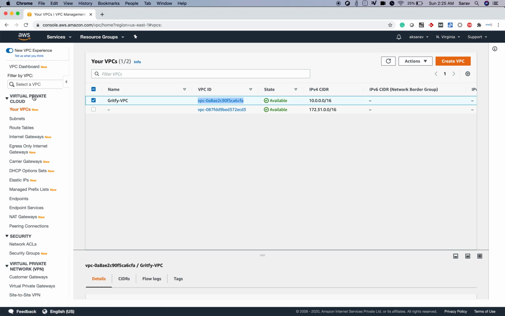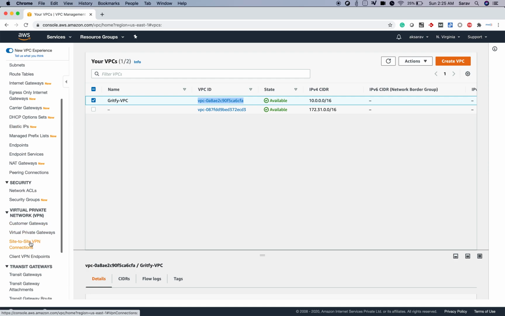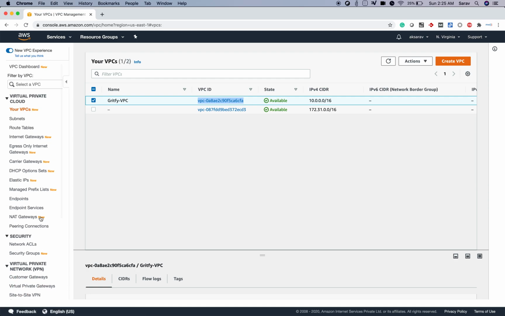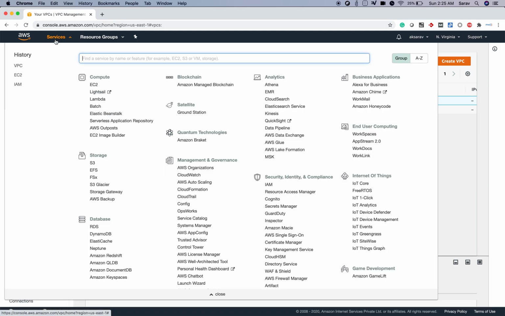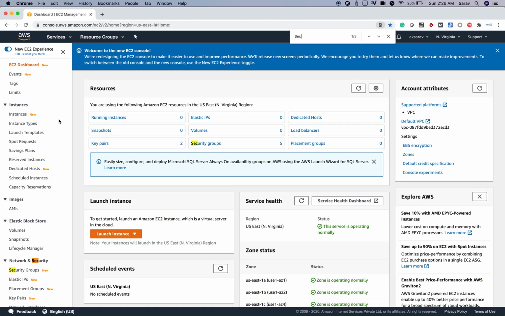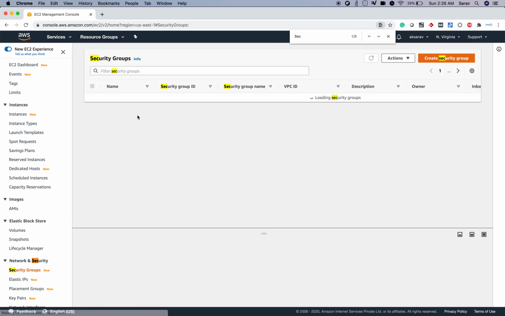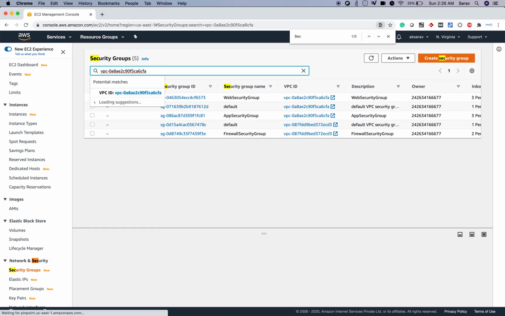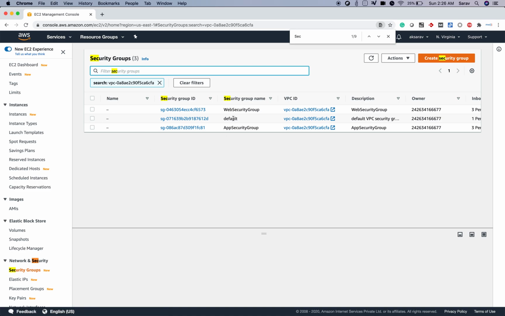Then I go to EC2 and search for security groups, and let me type my VPC ID. These are the three security groups which belong to this VPC ID. These are the security groups that I would actually be getting.